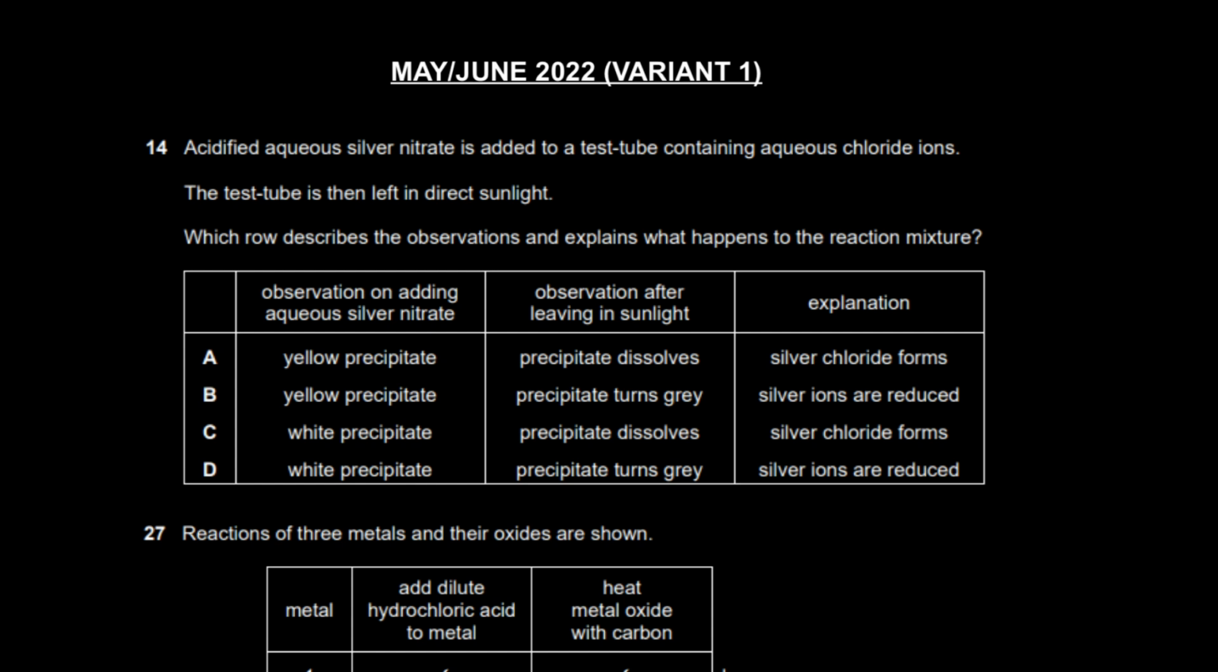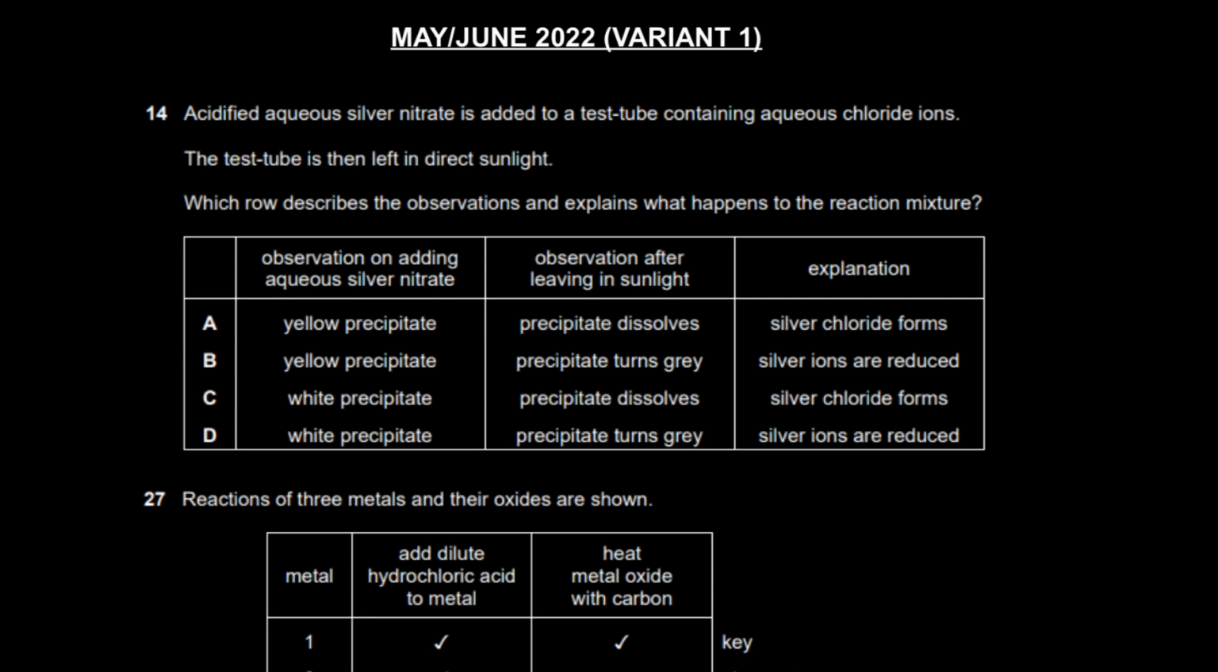Moving on, it says acidified aqueous silver nitrate. Acidified means that he's added dilute nitric acid to it, right? So dilute HNO3 is added followed by silver nitrate. That's what acidified means, right? It means it already contains the acid. Now it says it is added to a test tube containing aqueous chloride, and we know that this particular test is